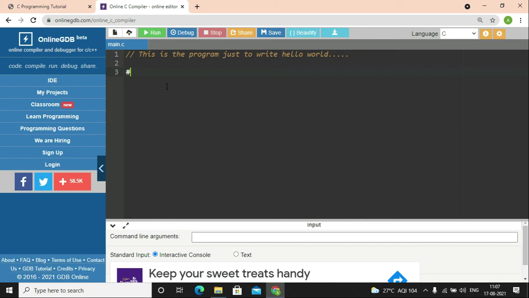So the first thing you have to include is hashtag include stdio.h. You will be wondering what is this that I have written. This is nothing, just a header file. Stdio.h, where .h is the extension for the header file. Stdio means standard input and output. So whatever operations take place in C programming, like inputting or outputting, all those commands come under stdio.h. So what I'm doing is telling the compiler, okay, we have sets of code, just include the stdio.h. Okay, is that clear?